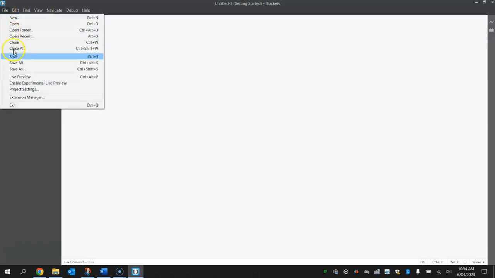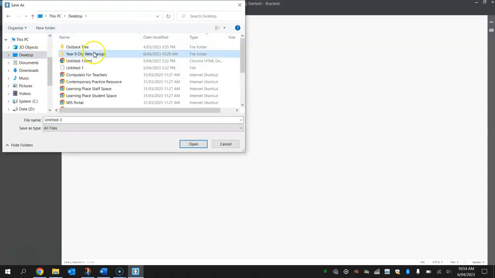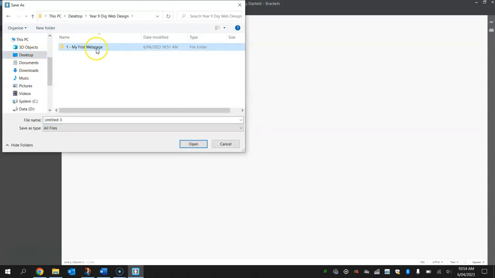Okay, so if you're following along with me in Brackets, the next thing you need to do is make yourself a new document. So we go up to the File menu, click on New, and we've now got an empty page ready for us to start coding. Before we actually start coding, I always like to save it first of all. So go down to File and Save As. And find that folder you just created before, the My First Web Page folder, and open that up. Inside of there, I want you to save that file, and I want you to call it